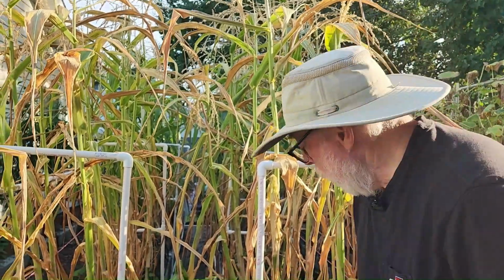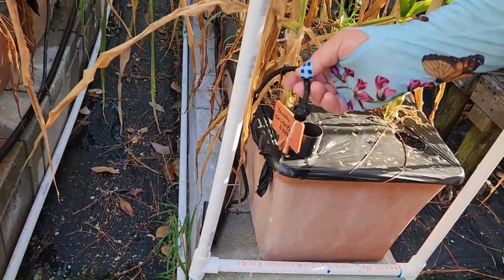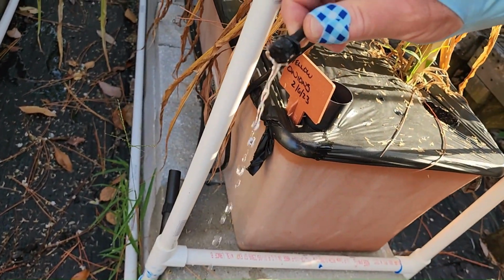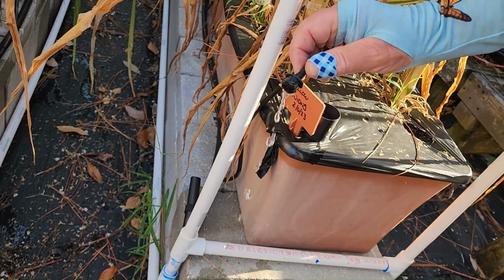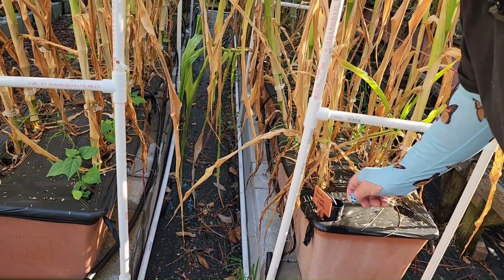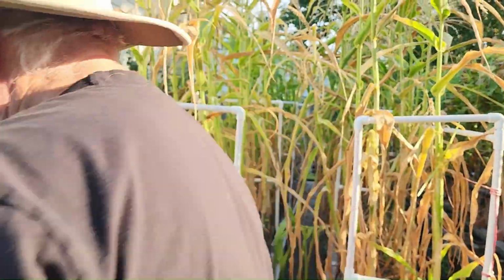I needed more water out here, so I went out and changed over to these emitters like this that put out a lot more water than the 1 gallon an hour. And it's like, you want to know something? I'm golden. But,